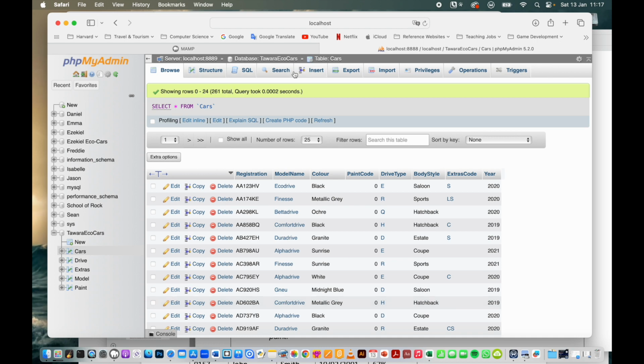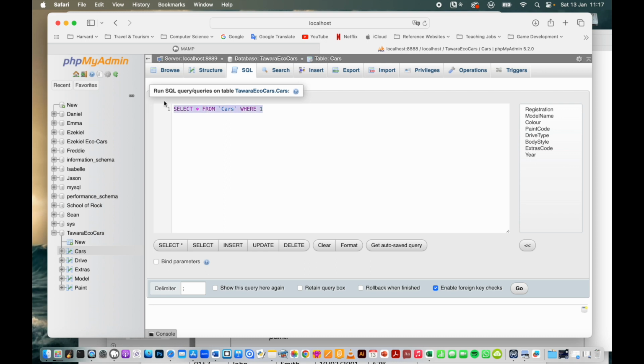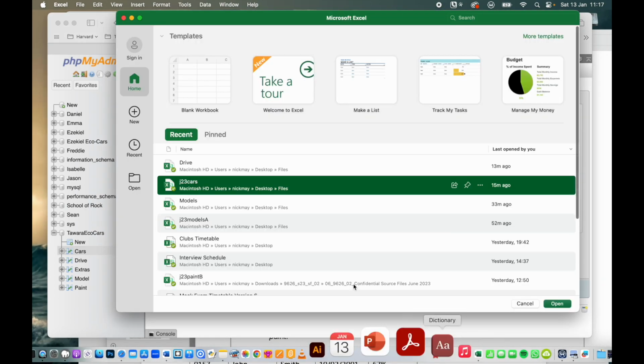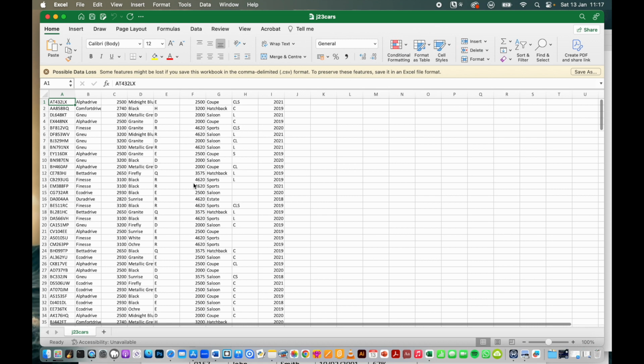So if I go to SQL and paste my query in here, I'm going to say update the cars table. So it's my cars table here: update my cars table, set the paint code to 2 where the color equals black. And I know that because if I look at my Excel file, I go back to J3 cars, no,